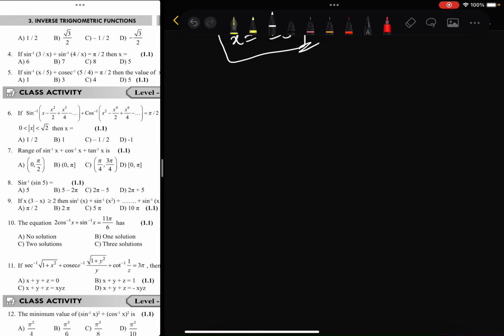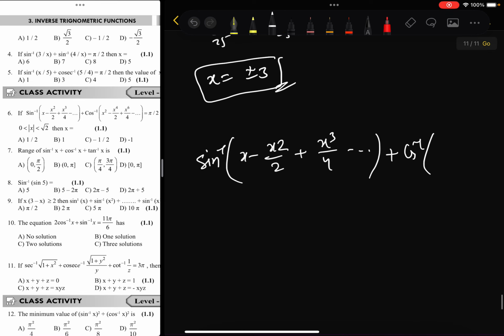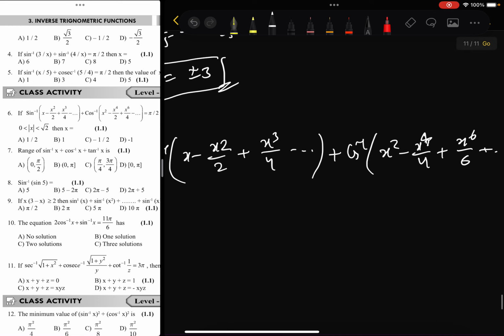Question number 4. So in question number 4, directly you can observe here, sine inverse x minus x square by 2 plus x cube by 4, plus cos inverse, same thing is given, right? x square minus x by 4, x raised to 6 by 6, right? This is equal to pi by 2. As you know,